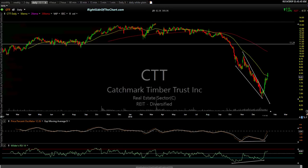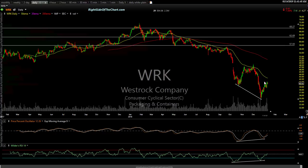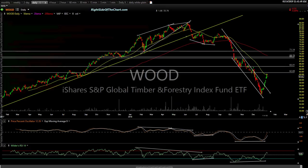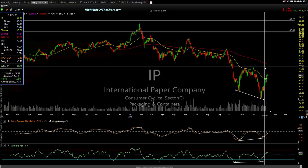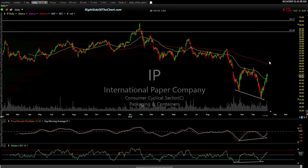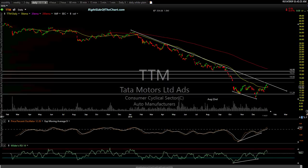CTT, look at that one, still going. So some of these are still going. Some have hit some resistance levels or targets where they're pulling back or consolidating. And again, the point is you might be able to recycle back into some of these if you booked profits, or if you're a longer term trader and you bought them for the dividend income, hold on to them. I think in the foreseeable future, they still look bullish to me, any pullbacks notwithstanding. Okay, I want to roll into the internet content stocks next, but before I do that,